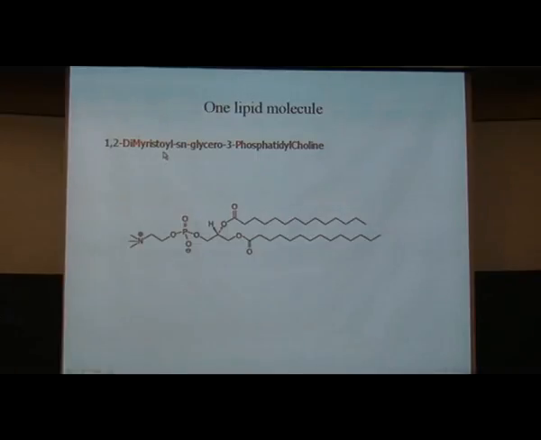I've shown you a little bit of a clue as to how to pronounce it by highlighting certain things in red. And the way you pronounce it is DMPC. That's a lot easier than dimyristoyl glycerol phosphatidylcholine. Okay? So now that you're beyond the hurdle of the terminology, DMPC, let me emphasize what that molecule does and